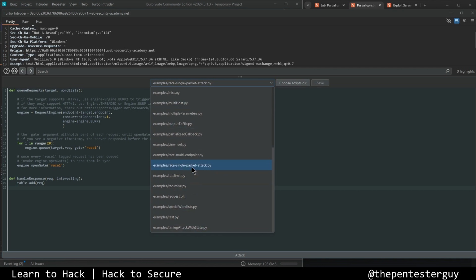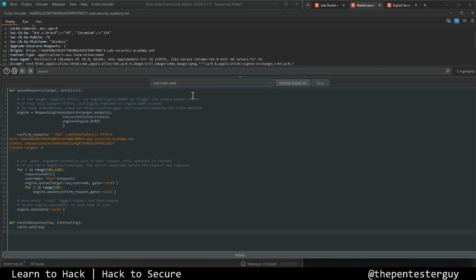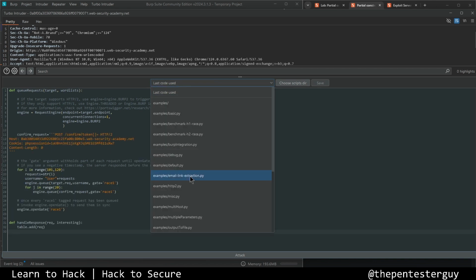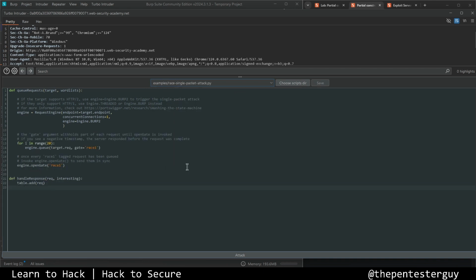So these are different types of templates which could be utilized in different scenarios that we want to use. And post that, you also get an option to use the last code used. So the last code that I've used is this code. But for you, I'll be doing it from the initial, so that it will be helpful for you to understand what actually is happening and what could be manipulated. It is not that tough to craft any payload using the Turbo Intruder. So this video will help to understand that as well, how you can craft it. So since we are using this specific payload,